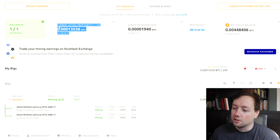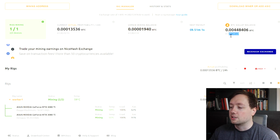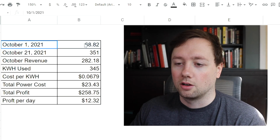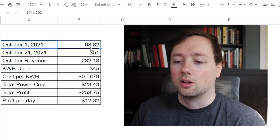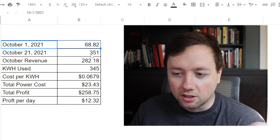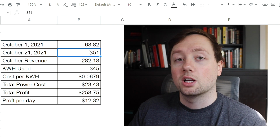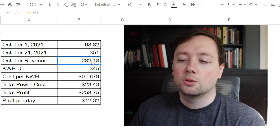Now this number definitely fluctuates. I've even seen it as high as $20, but at least now we have some solid data that we can look at and we can calculate. And so here is my spreadsheet. On October 1st, 2021, I had $68.82 in that wallet. Today, October 21st, 2021, we have $351 in that wallet. That gives us revenue in October of